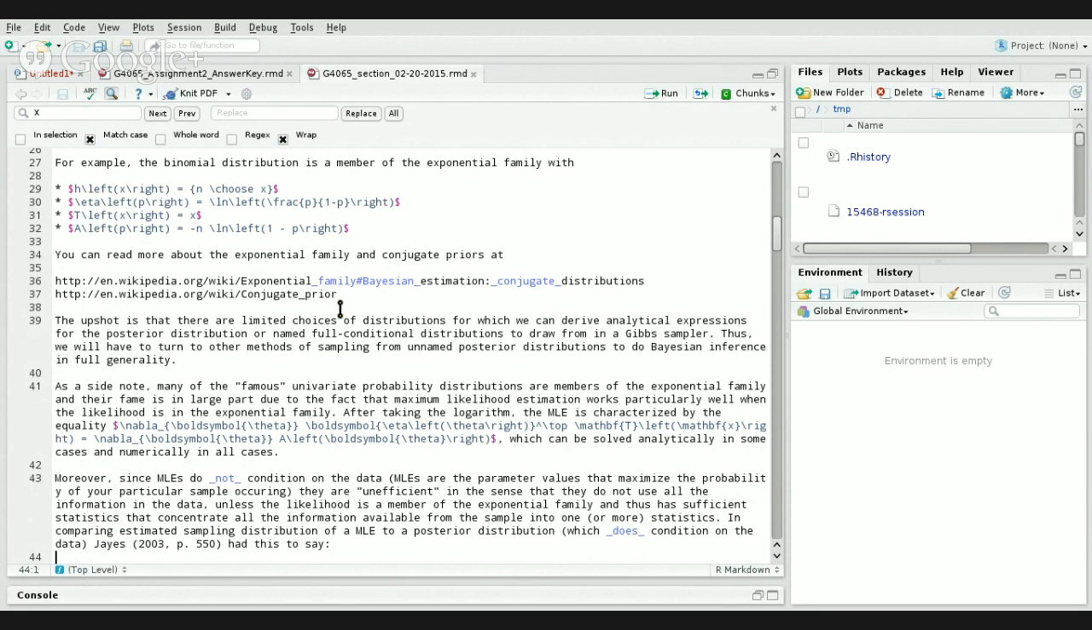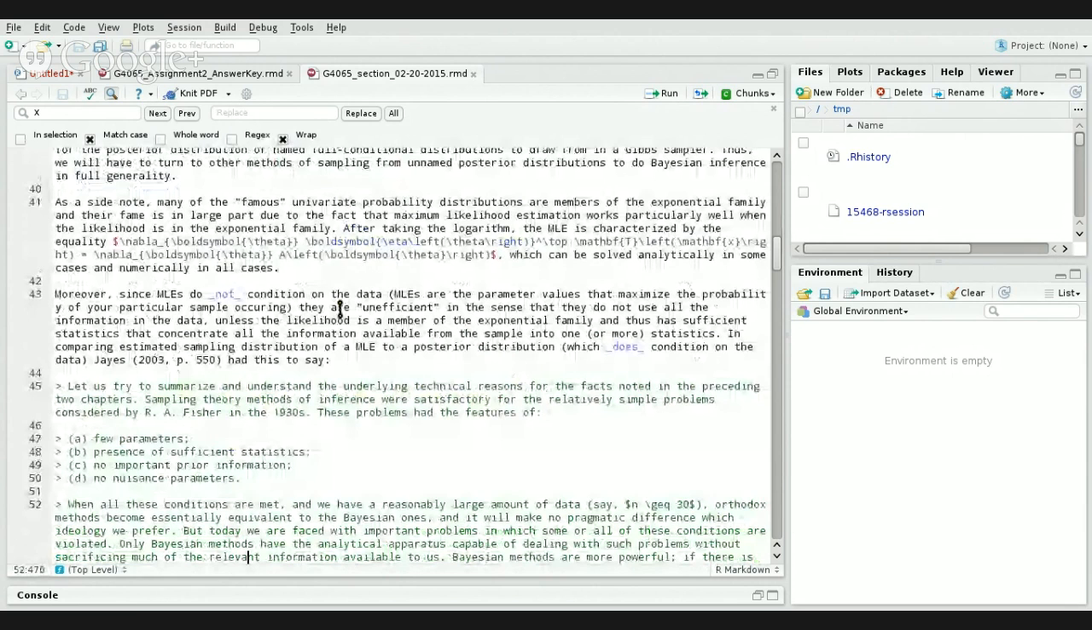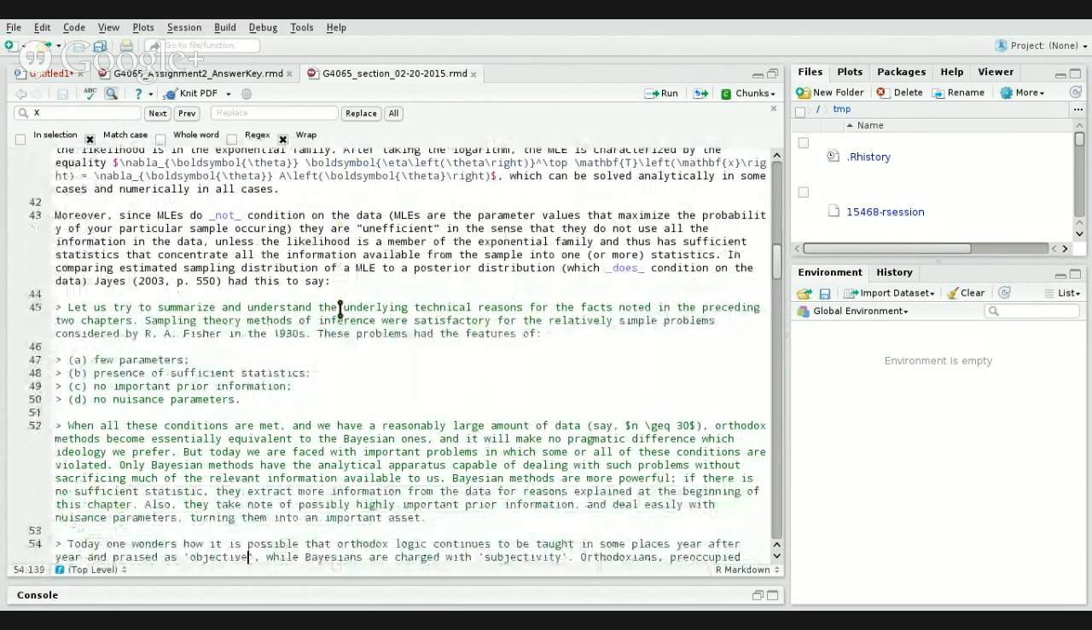But the exception to that is situations where the likelihood comes from the exponential family, in which case the sufficient statistics basically concentrate all the information that there is in the data into these t functions that get multiplied by the parameters. And hence, in that situation, the maximum likelihood estimators are not inefficient. And as the book, it has a link to this on the syllabus, Jaynes's book that was published after he died, he summarized this, saying,